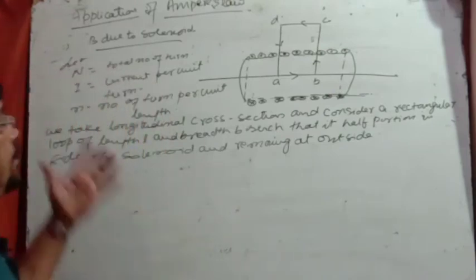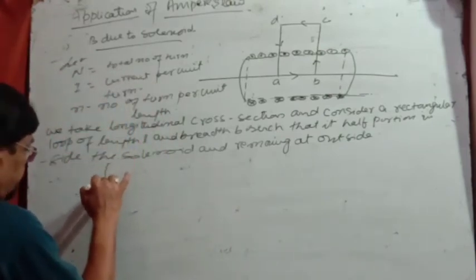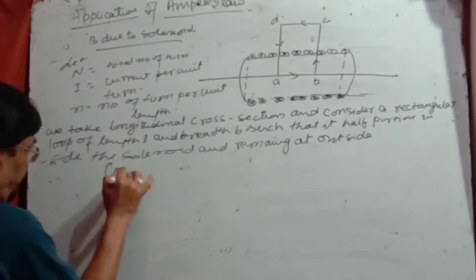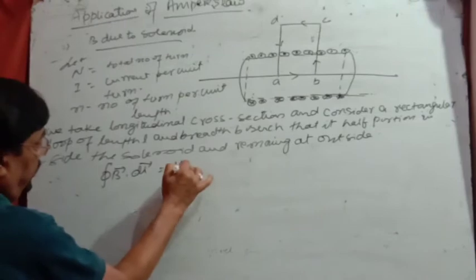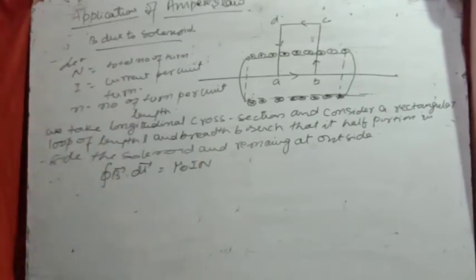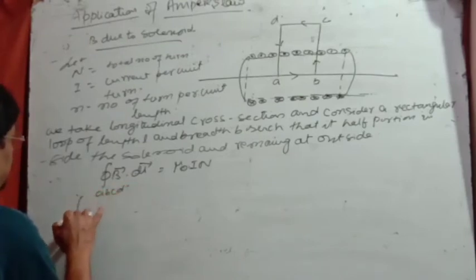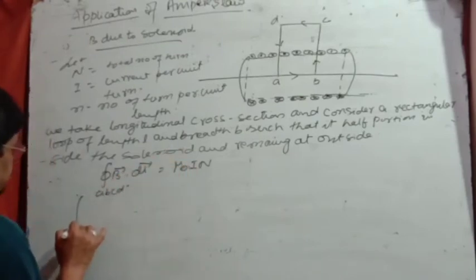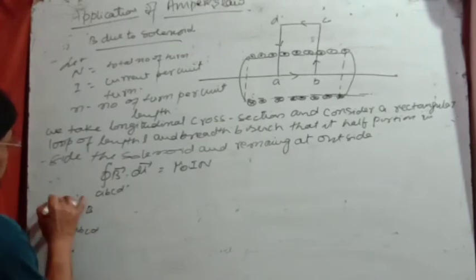Okay, now according to Ampere's law, ∮B·dl is equal to μ0 I. I is the current per unit turn, that is the capital N into I. It is for the closed surface. Now इसको हम लोग ओपन करते हैं. ABCD हमारा क्लोज सरफेस है. B dot dl,